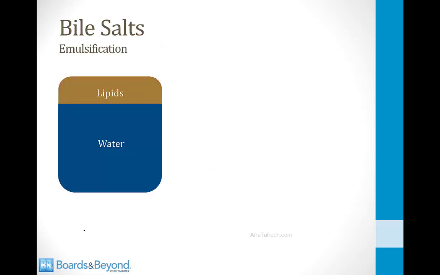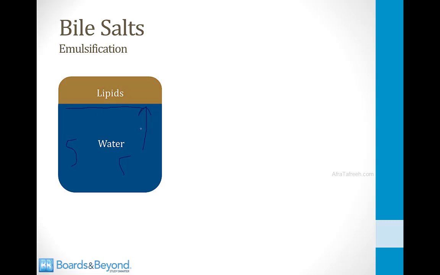The problem with what I just showed you is that lipids are not soluble in water, and there's lots of water in our stomach and in our intestines. So if not for the action of bile, what would happen when you consume a meal is that the lipids and the water would separate like I've shown on the screen here. Pancreatic lipase, which is water soluble, would then only be able to work at the interface between the water and the lipids, and it turns out this is a relatively small surface area. So there wouldn't be much area in which for pancreatic lipase to work, and as a result, fat digestion would